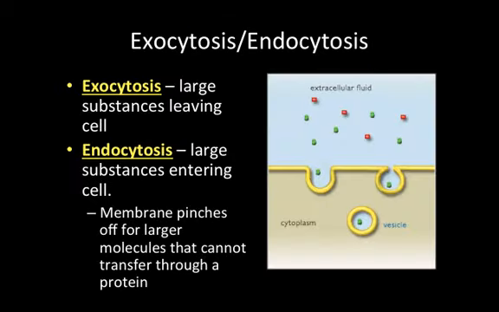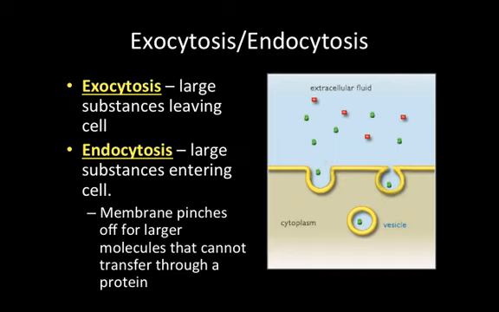Exocytosis and endocytosis. Some things are just too big to even go through protein channels. And that's where exocytosis and endocytosis come into play. Exocytosis is reserved for large molecules that are simply leaving the cell. Exo, like exit. So, large molecules leaving the cell, and endocytosis is when we take large substances into the